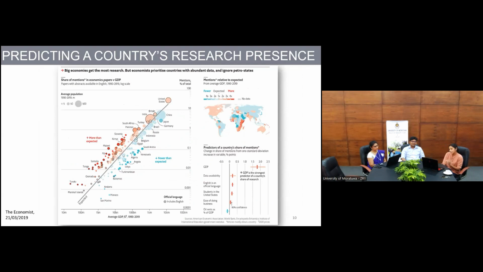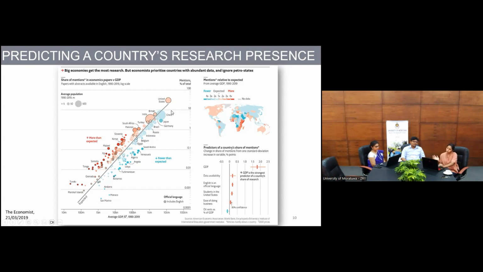The last one that I would like to show you or bring to your attention now is basically an exercise where they have tried to look at whether you can predict how often a country is mentioned in the kind of scientific literature based on its GDP. The idea being countries that are richer tend to be studied more, right? So this first graph is just a scatter plot showing the average GDP of the country against how much it is mentioned in the literature.